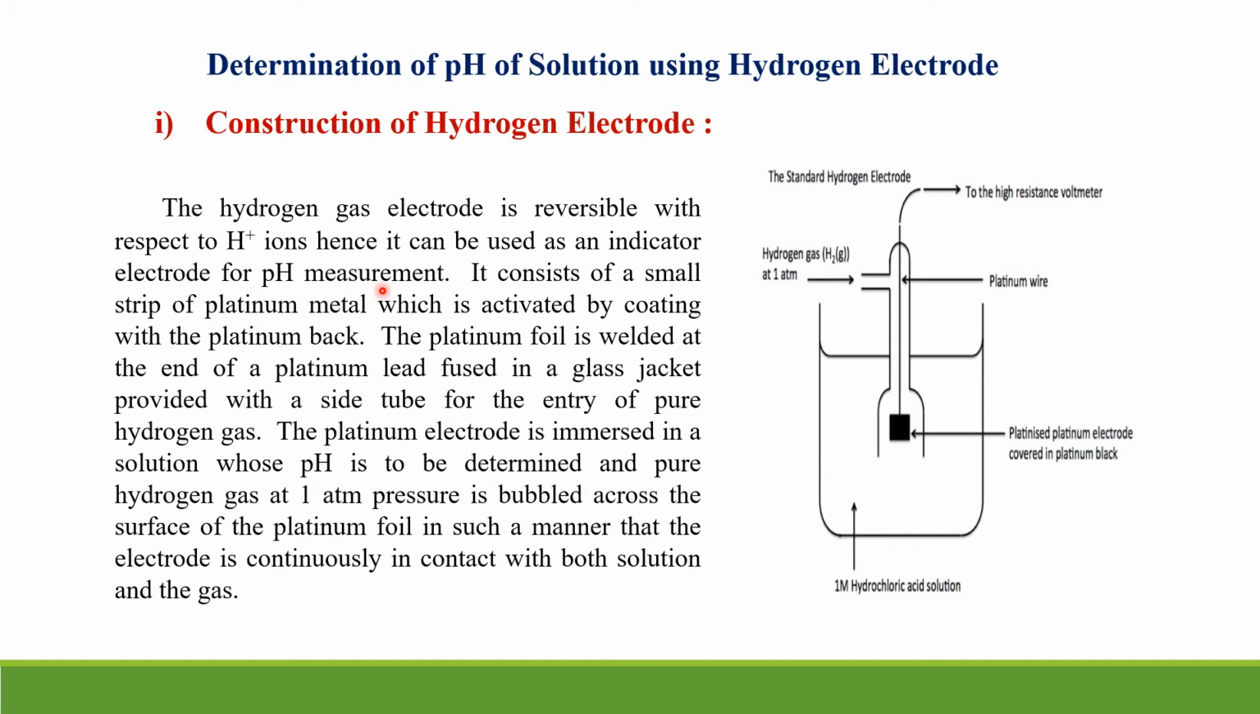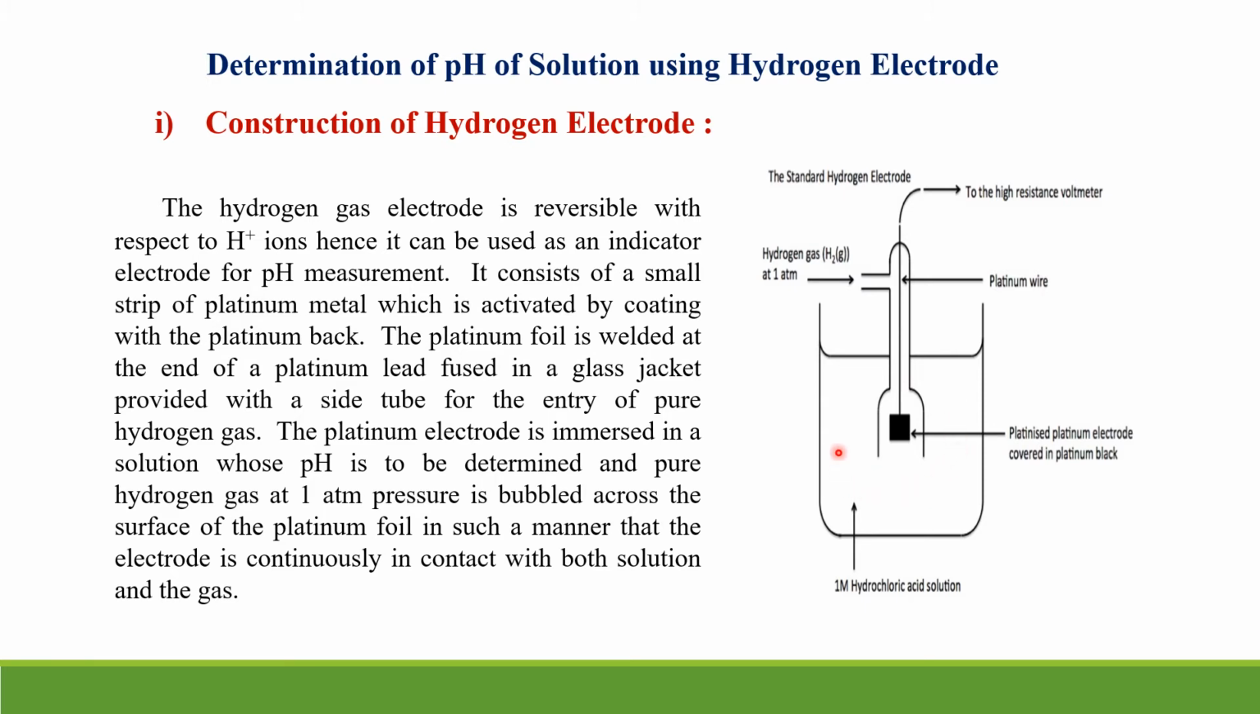Now, what is the construction of this hydrogen electrode? It consists of a small strip of platinum metal, which, as you can see here, is activated by coating with platinum black. The platinum foil is welded at the end of a platinum lead fused in a glass jacket, provided with a side tube. This is the side tube for the entry of the pure hydrogen gas, which should be at 1 atmospheric pressure. This platinum electrode is immersed in the solution